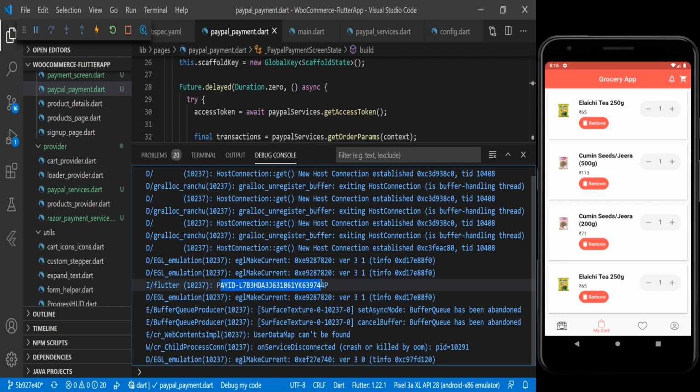This is the ID which we created from that PayPal, and you can see here, and also that pop-up is closed after getting the successful payment, and this PayPal ID has been generated. If we go to that PayPal, that payment has been generated over there, and this transaction ID we have to pass in our WooCommerce order as a payment transaction ID, which we will cover in our next video.